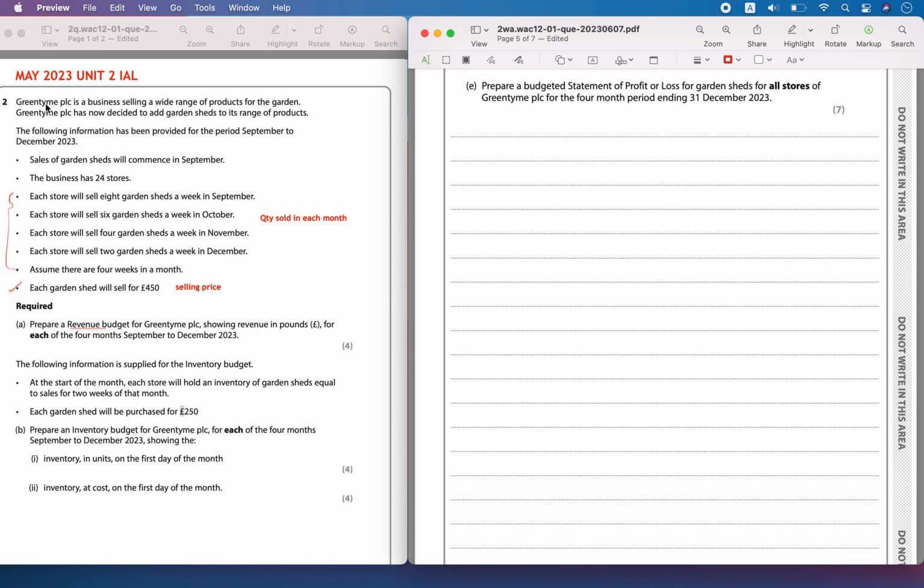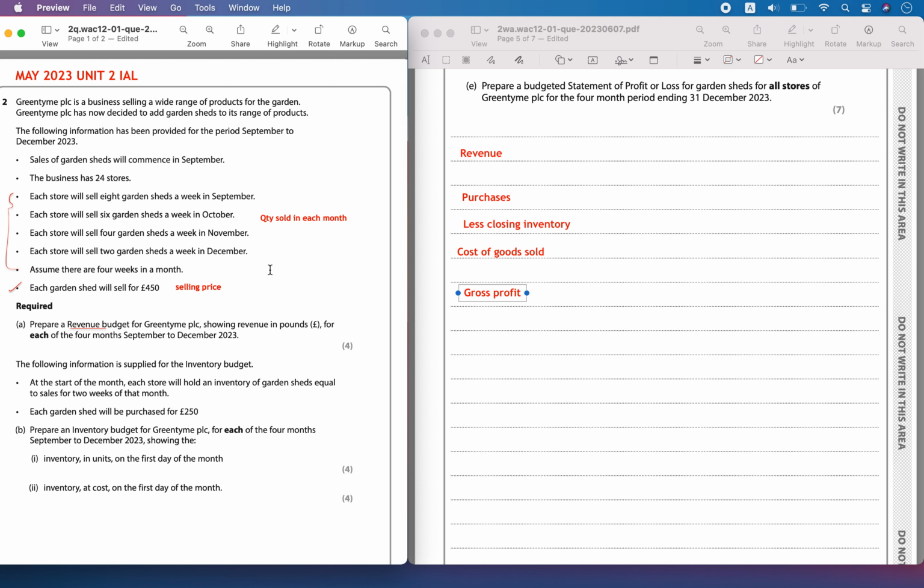Hello, today we are solving May 2023 Unit 2 IAL paper question number 2 Part E. Prepare a budgeted statement of profit and loss for the garden sheds for all the stores of Green Time PLC for the 4-month period ending 31st December 2023. So let's prepare that. General profit and loss statement, you should know